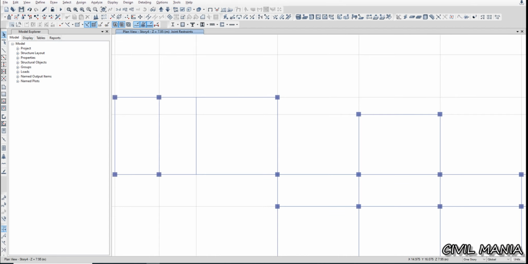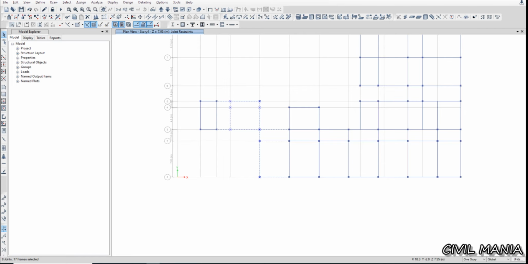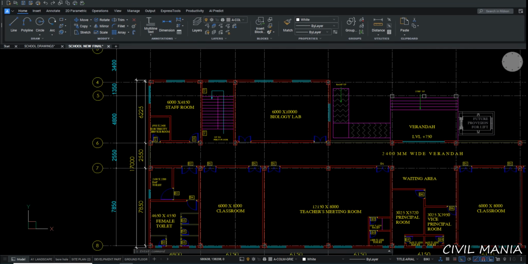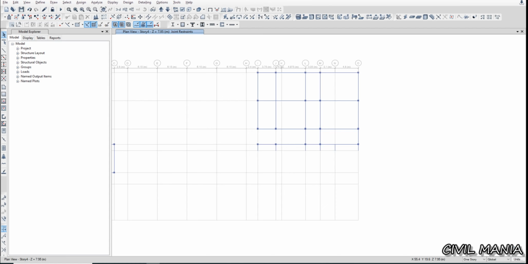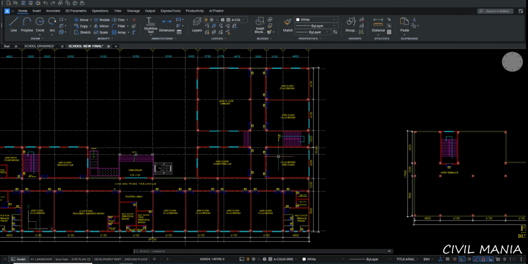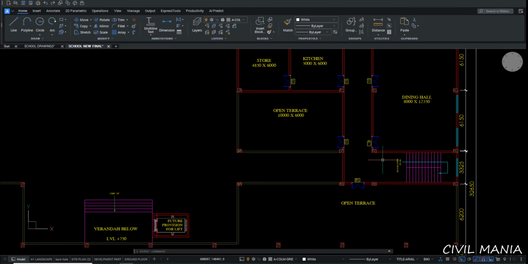I will keep only the staircase intact, and I will delete everything else. Let me check here where the staircase is. This is the staircase, so I will not delete this one. This is the staircase, so let me delete this portion. So the staircase is present here. This is the staircase present here,